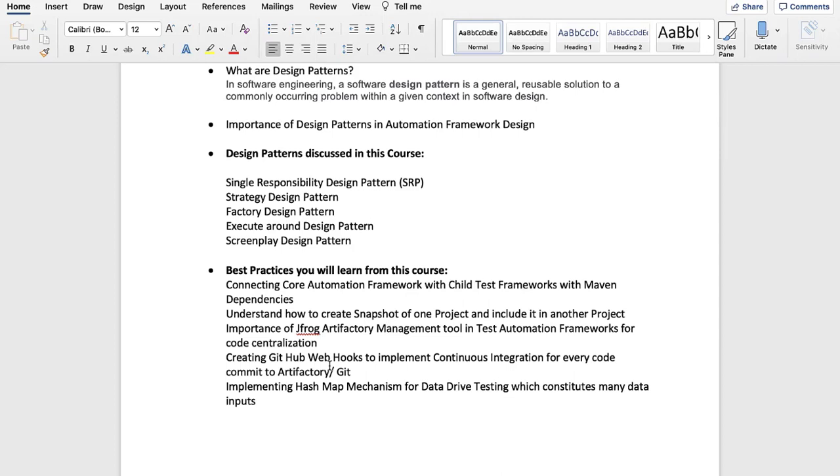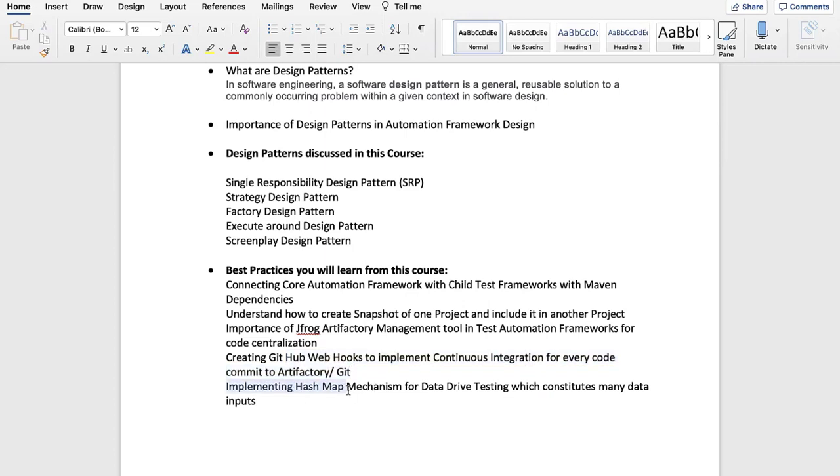Whenever you make any code change in your framework, for every change you will have one webhook from GitHub, so that Jenkins will run all the test cases for every change you make in your page object classes. This is very, very important to maintain a bug-free framework for all test cases. We will do it automatically with continuous integration through GitHub and Jenkins integration, right?